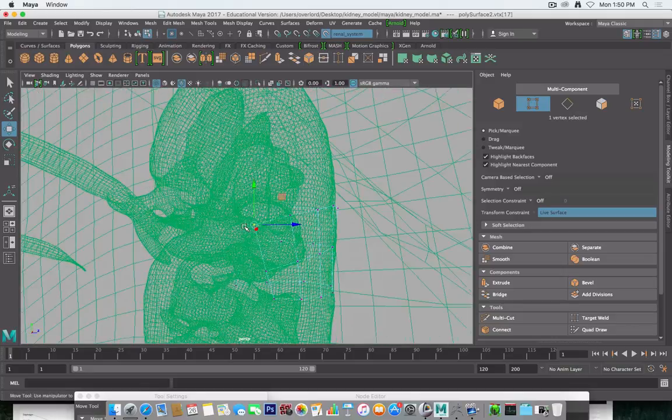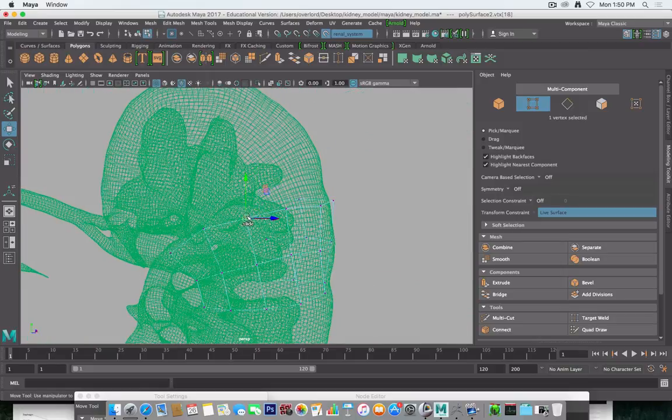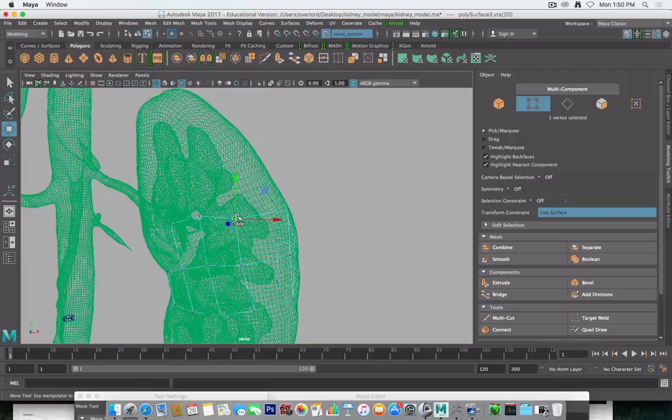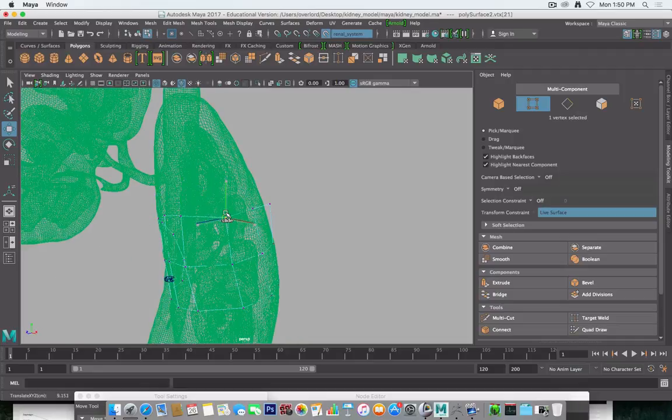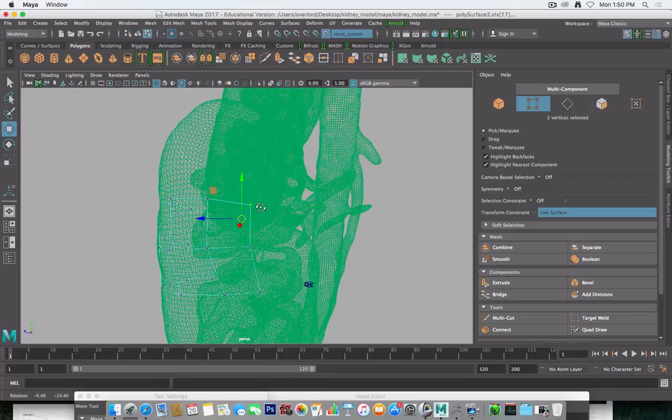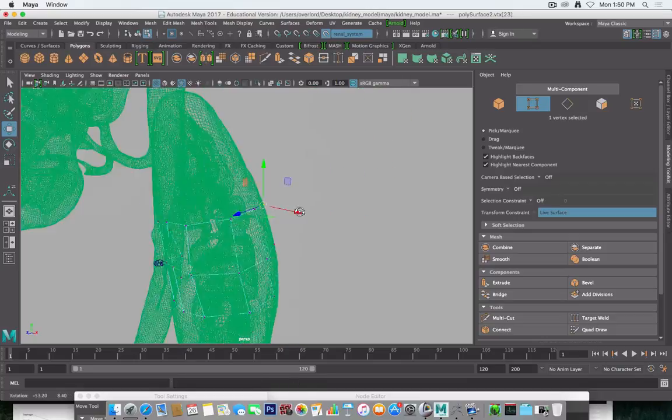You'll notice that the middle of this is round. That means it's trying to slide on the surface. So if I grab the middle and just move it, it's going to pop to the surface of the live object. So you just have to go through and grab these and move them slightly, and they'll pop to the kidney surface. I think the average point will try and pop to the surface, so you really have to do one at a time. So that's a little bit tedious, but